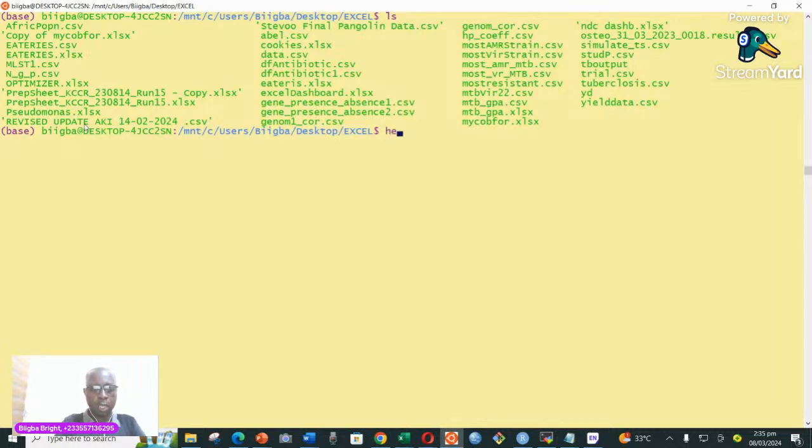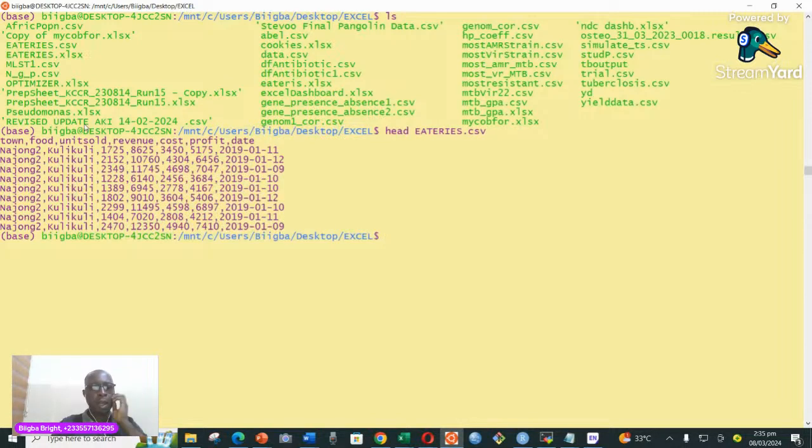No, let me use head, and then I'll say itris. So now I have itris, all these things, and I want to use grep to work with it. If I look at the tail part of it,